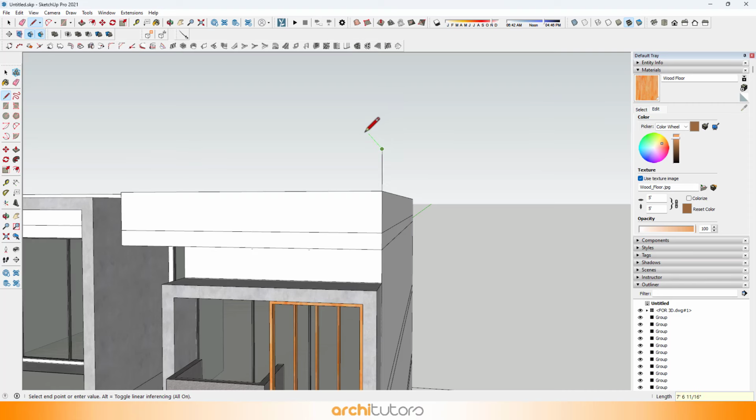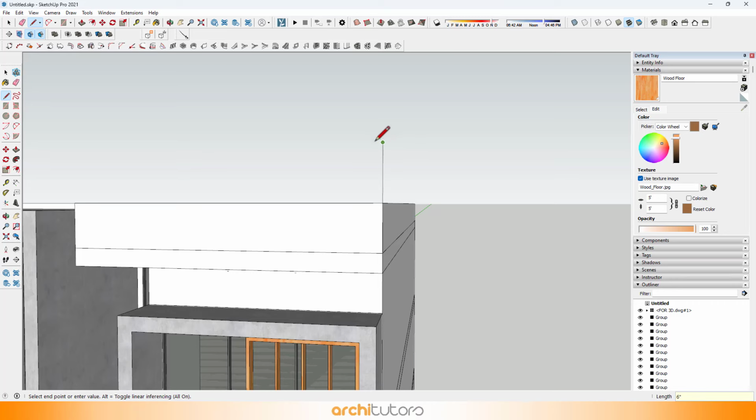Let's add an overhang right at the top. Make a simple box first.